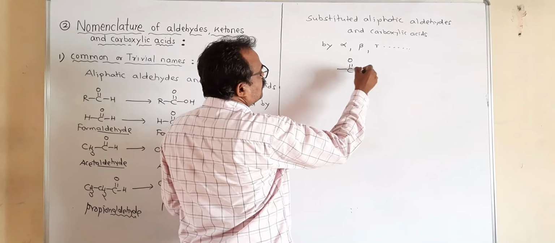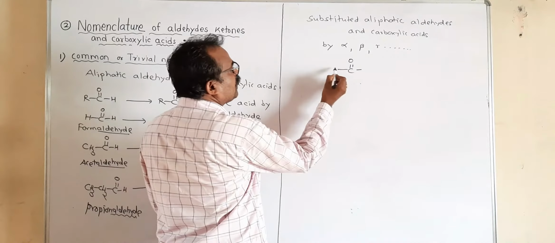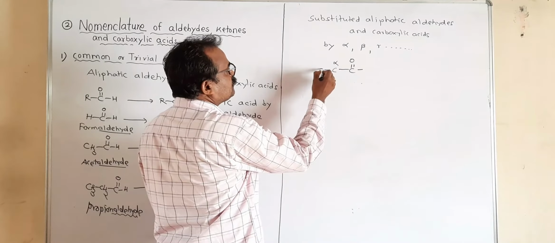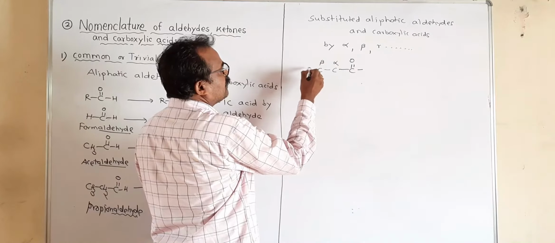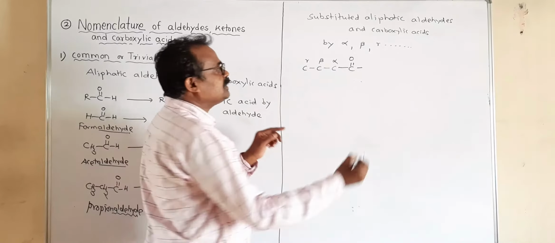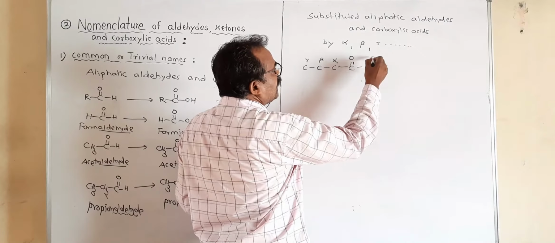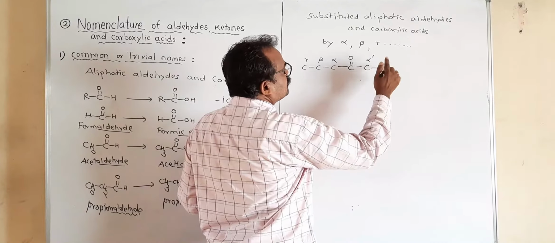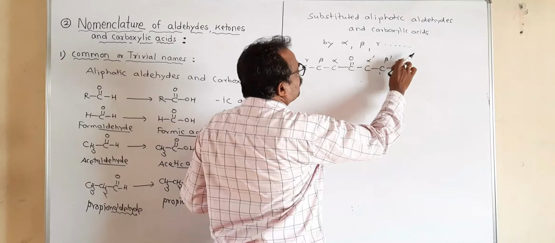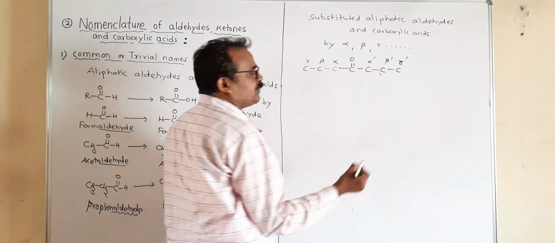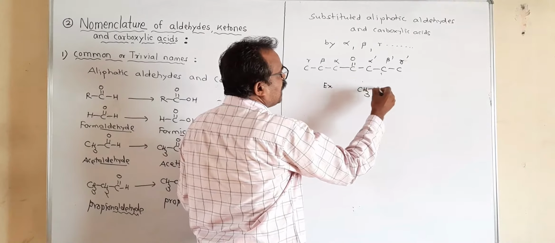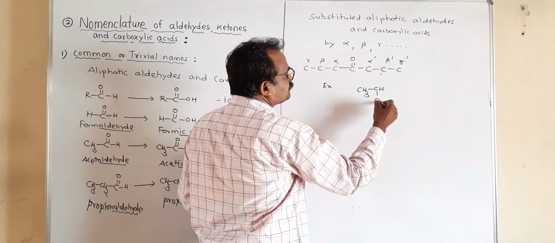That means the carbon next to the carbonyl is called alpha. The next one is beta, then gamma, and so on. Or if you consider this side, this is known as alpha dash, this carbon is beta dash, this is gamma dash, and so on. For example, if you consider isobutyraldehyde,